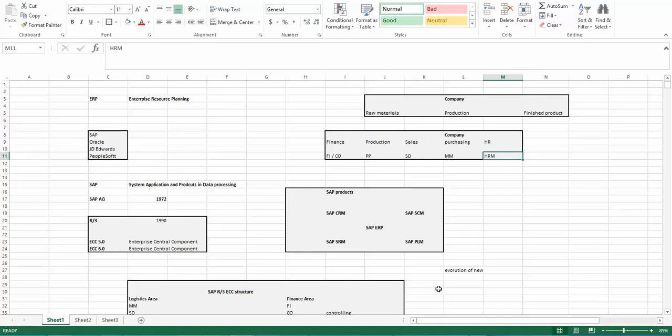Now going further, each of the transactions happening in each of the departments are recorded under each of the applications. So let's say you have sold something, and the money that you get from the sales goes to the FI department. So what happens is that in the sales application, you create an invoice. This invoice is like a bill to the customer. So when you give this bill to the customer, he'll make a payment.